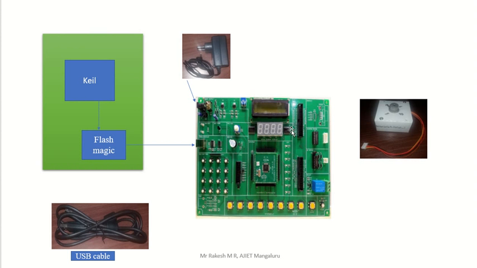Now our program, that means the embedded system program, we are writing in embedded C. That embedded C program you are going to write in Keil software. Keil uVision 5 is the version we are using in this lab program, and I will explain how to run your program in Keil and FlashMagic, how to dump that code into the kit, and then how to see the output.